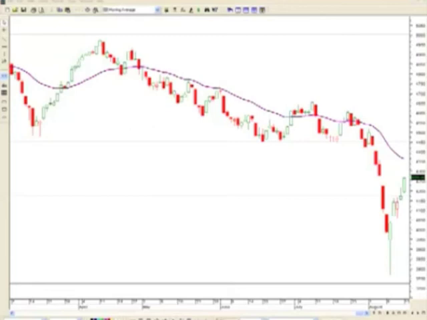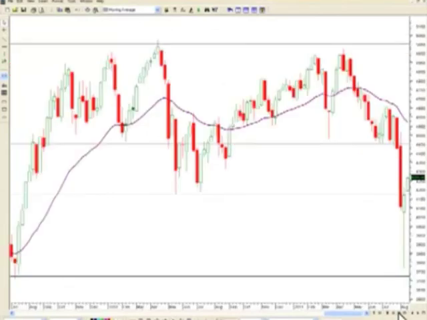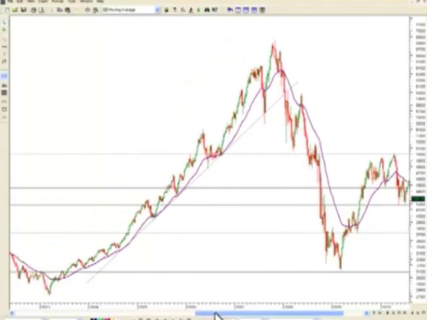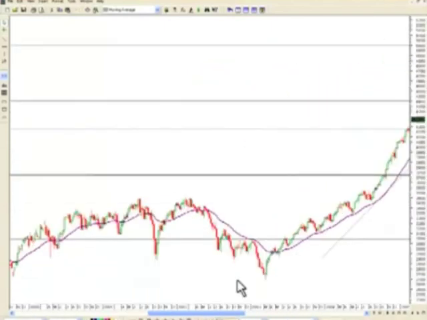But the difference between the GFC is we'd had a long-term uptrend. So I'll go back on the chart and you'll see the GFC on here. So this is the GFC in here when the market fell. We had already had a long-term uptrend in the market, and then it broke and fell. So we've gone from a bull market to a bear market,